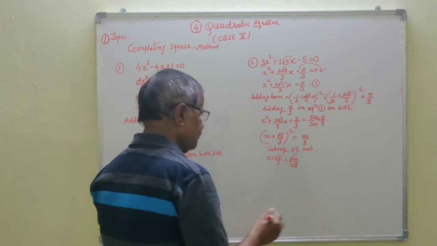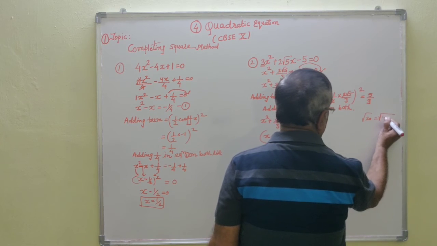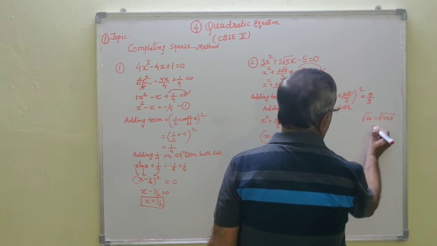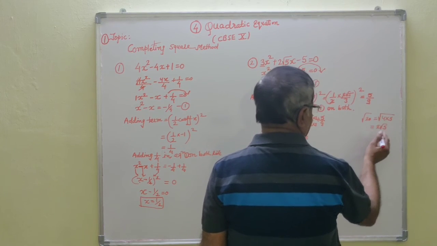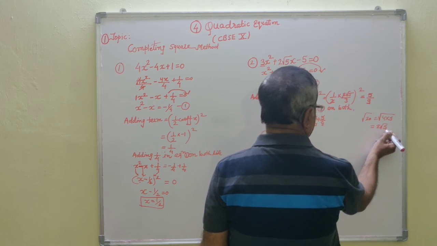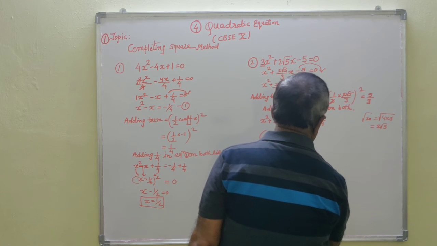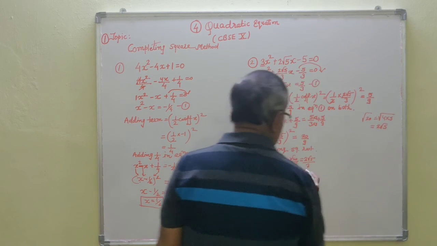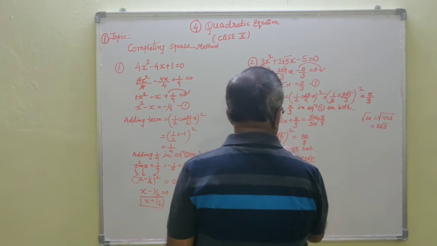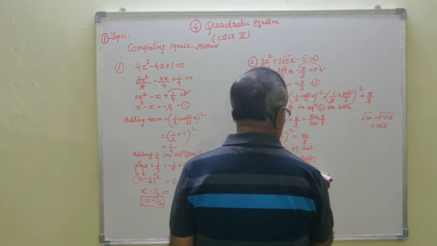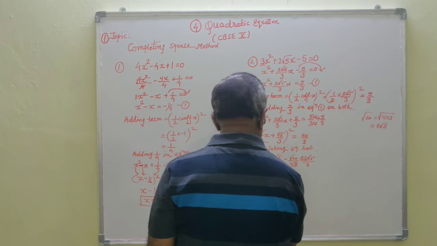Now I will break down the root 20. You already know from 9th standard how to break it, and the answer will come to be 2 root 5. 4 times 5 is 20. 4 is the square of 2, so take the 2 outside and write it as 2 root 5. Now I am writing this as 2 root 5. The square root of 9 is 3. Okay, here you have to put plus and minus sign both, because while taking the square root you have to put minus and plus sign. Now I am simplifying this for the first plus sign.